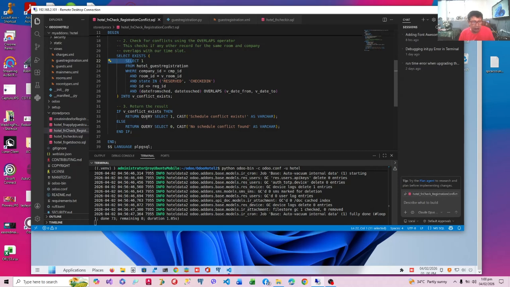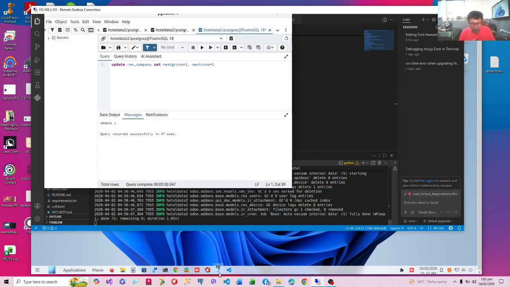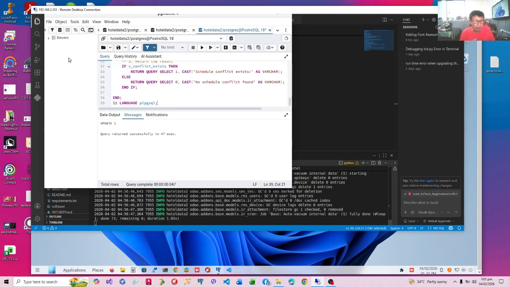If one exists, then a conflict exists. And then we are going to return a query: one for a conflict and zero for no conflict, and a message. So therefore, this is going to be returned as an array, remember. And we are going to paste this into our pgAdmin so that we can have the function there, run it,